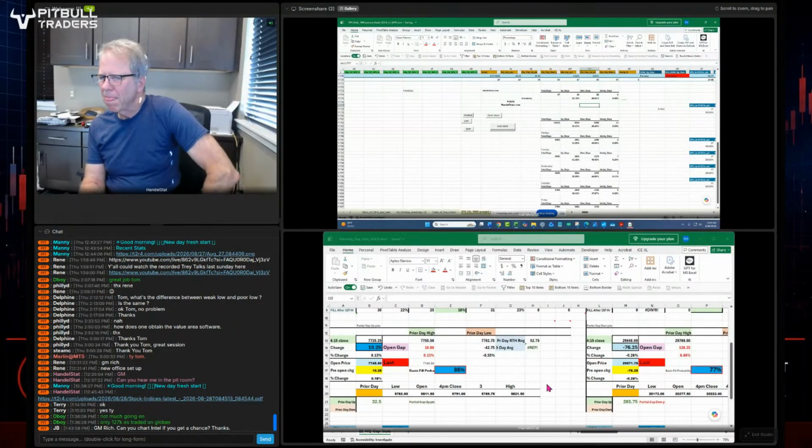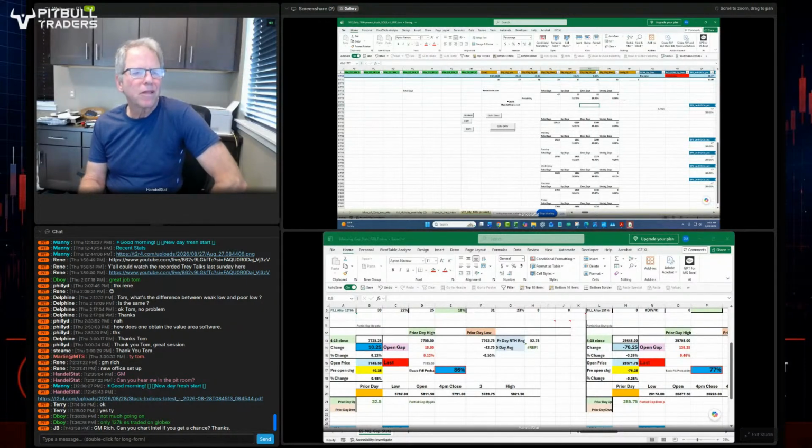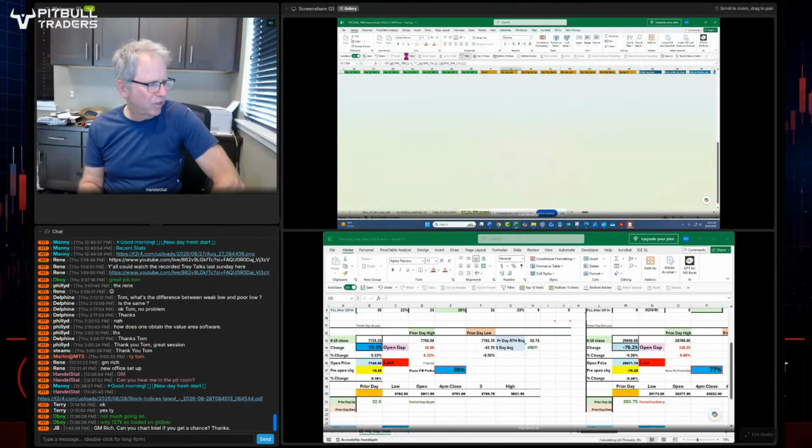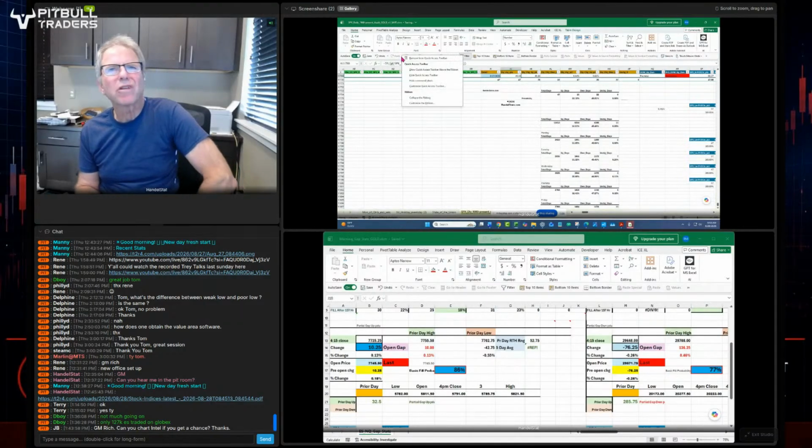So let's look at the first day of the month, and then we'll look at the opening range every couple minutes till it's established. Clear here, and then we'll look at the first day of the month, and then we'll look at Intel.